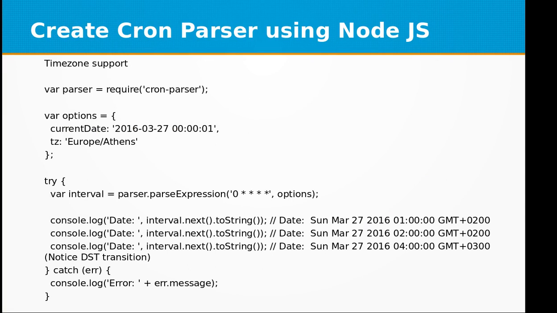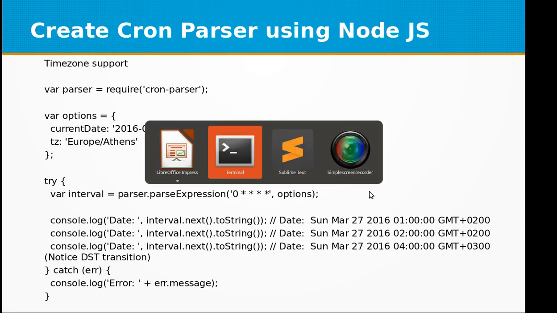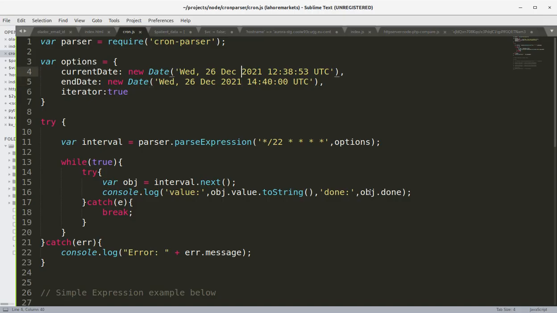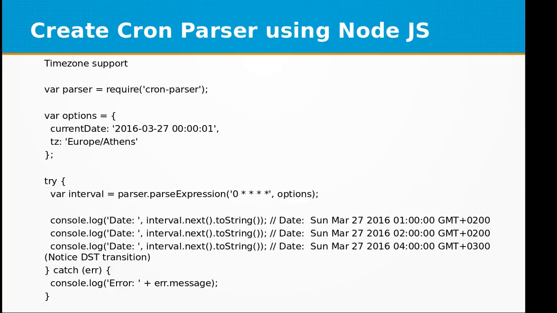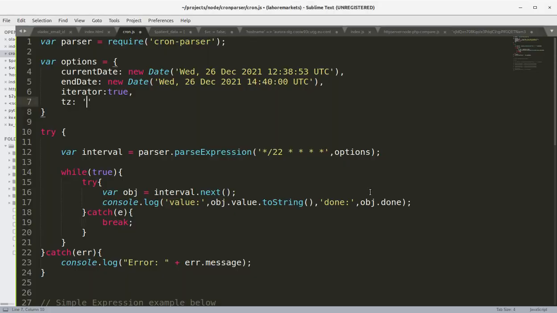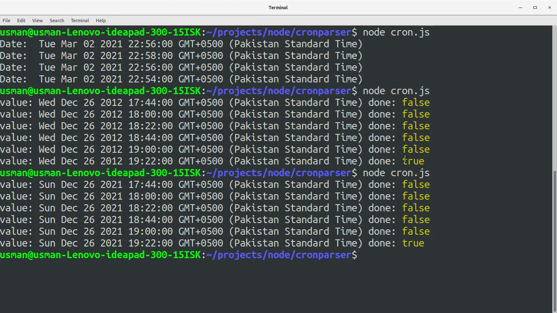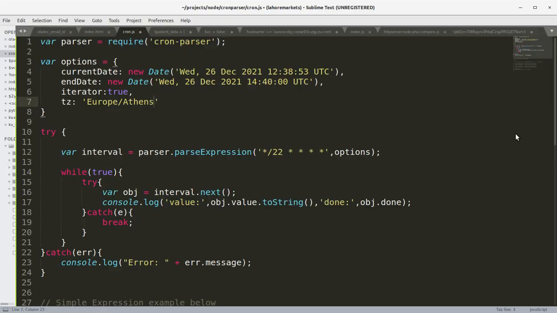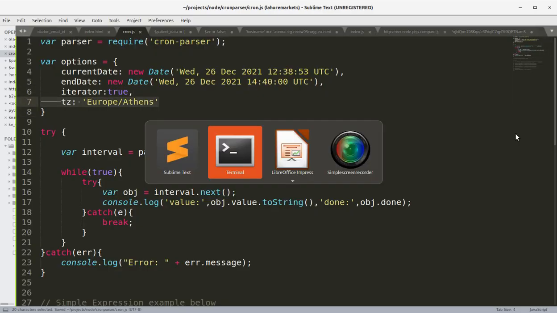The last example we are going to look at is the time zone support. The cron-parser library also supports time zone options, so we can mention the time zone here by tz: Europe/Athens. As you might have seen, my standard time is Pakistan Standard Time, which is GMT plus 5, but let's say my server is in Europe, in Greece, Athens, and I want to set the time zone to Europe/Athens, and I just added this flag here. Let's save this file and run my program again,